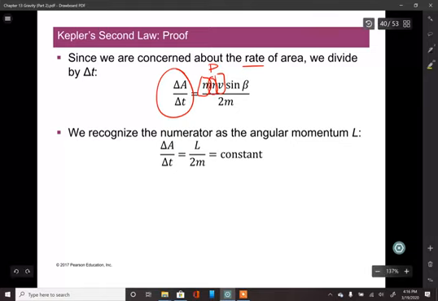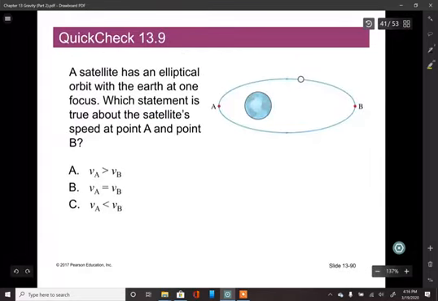R, and then sine. So this is R cross P. That is what we defined as L, right? And so that is a constant, and so therefore Kepler's second law is true. So here's why this is really handy. If Kepler's second law is true, we can very quickly relate how fast we're moving